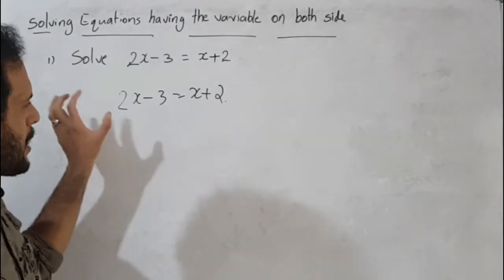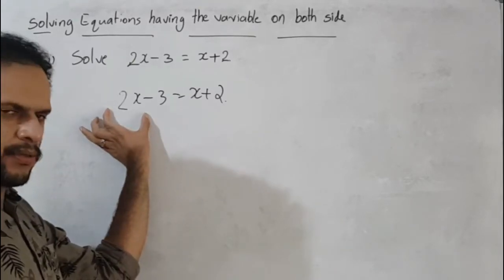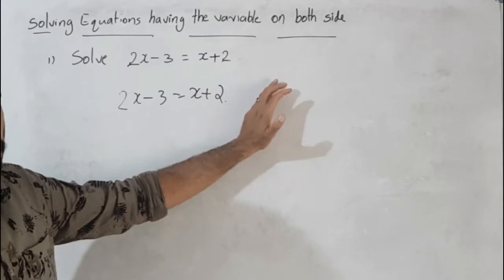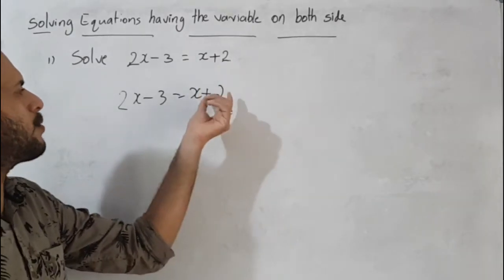If I transpose this variable term, the x, to the RHS, then I need to transpose the number to the